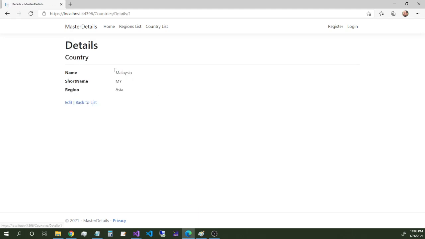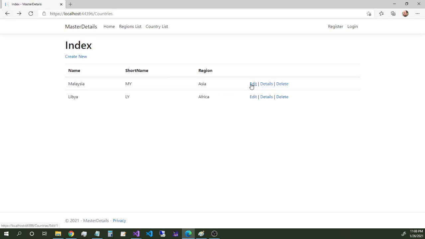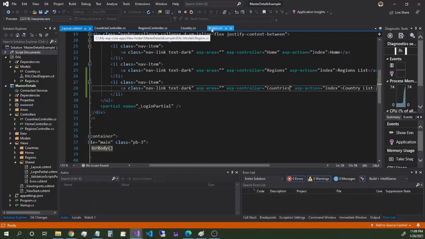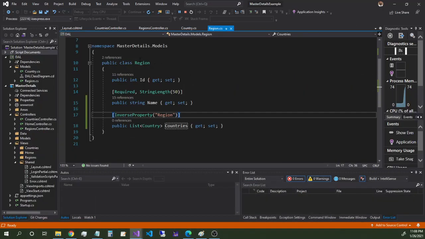Everything is great. So you can see editing, deleting, and everything is ready. Okay, now let us go back to the system here and remind ourselves of the structure. So here we have the region class has an ID and name, and also it has a list of countries here. Okay, so how we are going to make use of this list of countries? Okay, let us stop the compilation